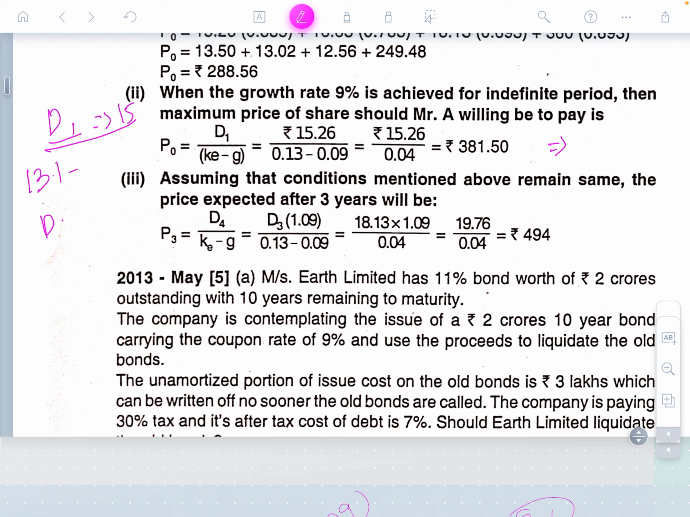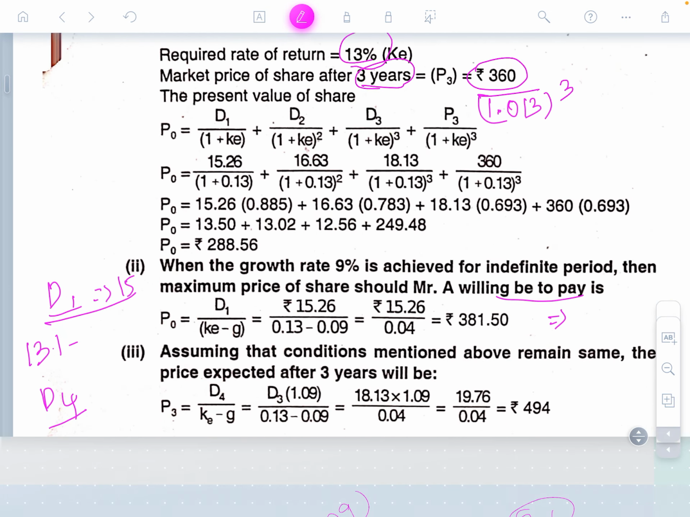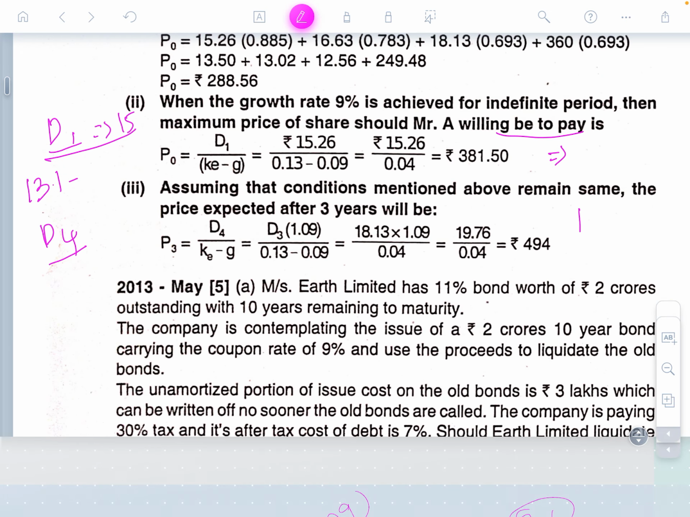So the dividend for how much? The first year we will pay right now, but the dividend for the third year is 18.13, right? Yes. 18.13. The growth rate is similar now, 1.09 growth rate divided by 13% minus 9%. You will get 494. This will be the expected price value after 3 years, because everyone follows this formula only,